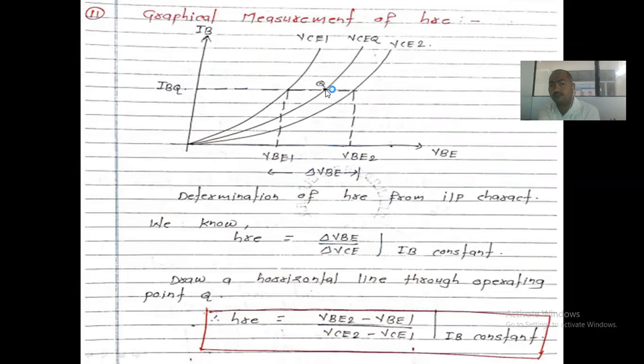Question point indicates the minimum operating point. In that case, we have applied the minimum voltage and minimum current across your transistor, right? So this horizontal line is used for it. We know that HRE indicates the ratio of the reverse voltage. Reverse voltage indicates phi1 upon phi2. In this case, the input voltage is phi, right? Input voltage indicates phi.